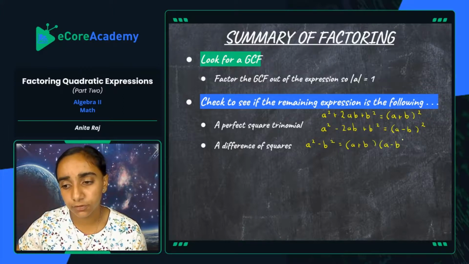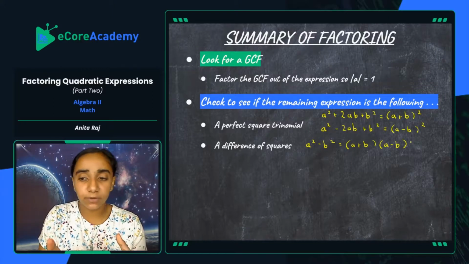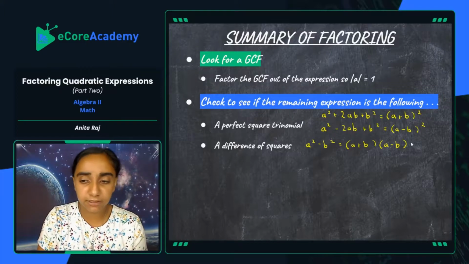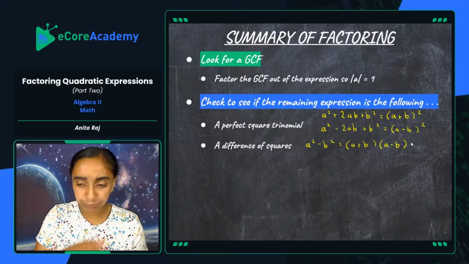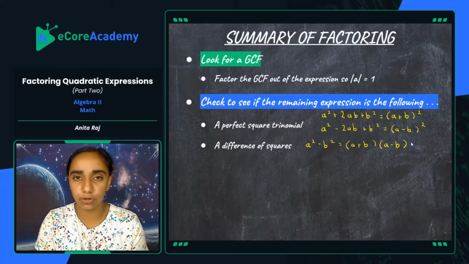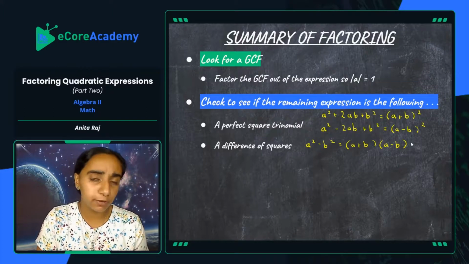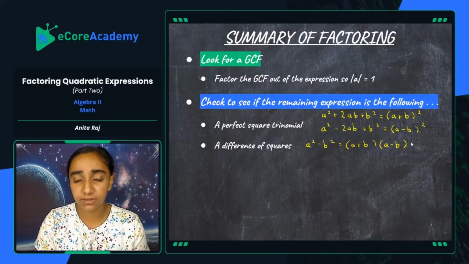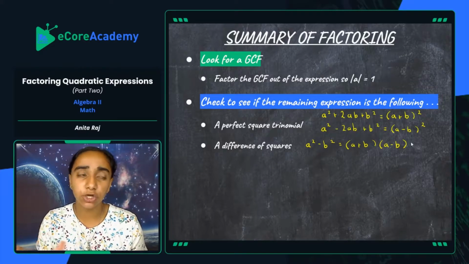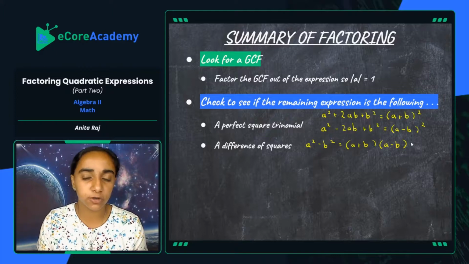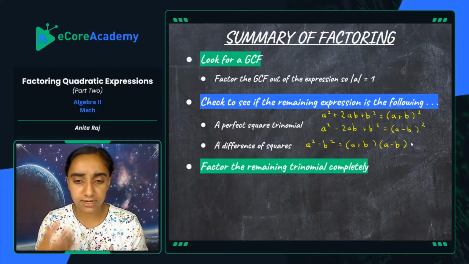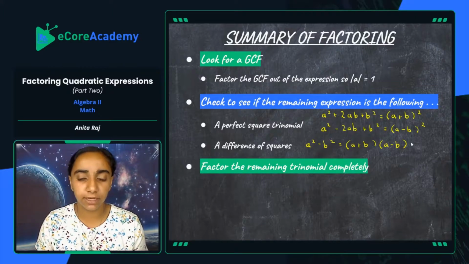The reason I say look for these is because you've been given a formula. You've been told that if you have a perfect square trinomial, a squared plus 2ab plus b squared, immediately the factors are a plus b, that quantity squared. You already know those. That's why I'm telling you to look for a perfect square trinomial or a difference of squares first, and that will save you so much time because you already know the formulas. You already know how they're structured because that structure will follow every single perfect square trinomial or difference of squares. If whatever's left is not one of those things, then you can just factor the remaining trinomial completely